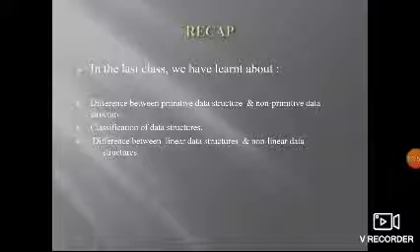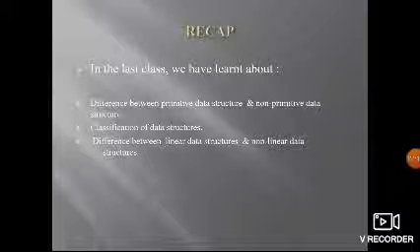And coming to the non-primitive data structures, these are not directly operated by machine level instructions. Here it is divided into three types: list, files, arrays.